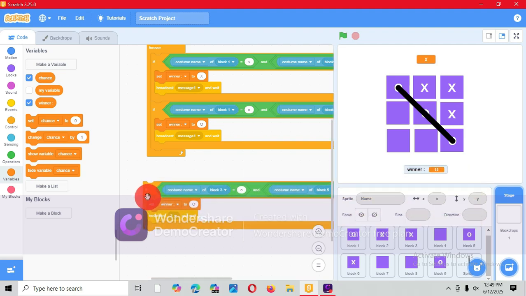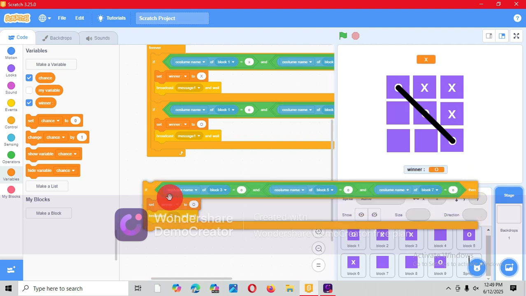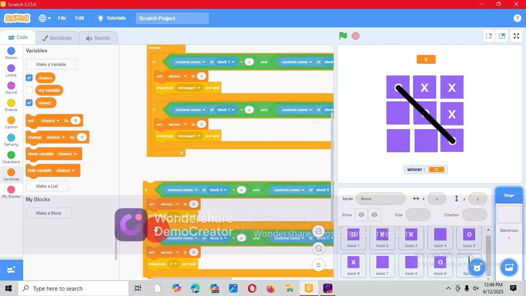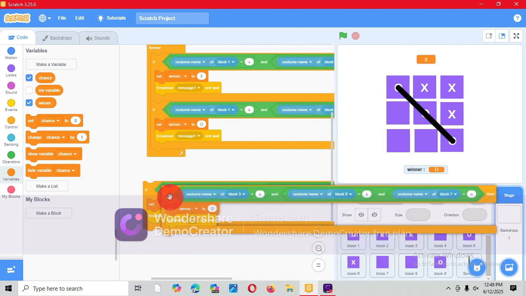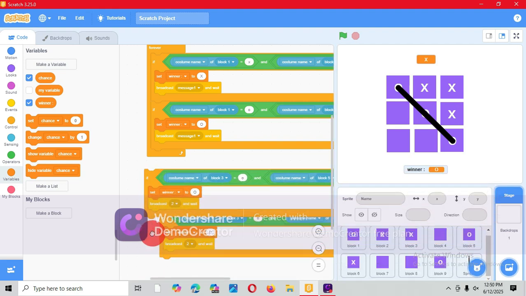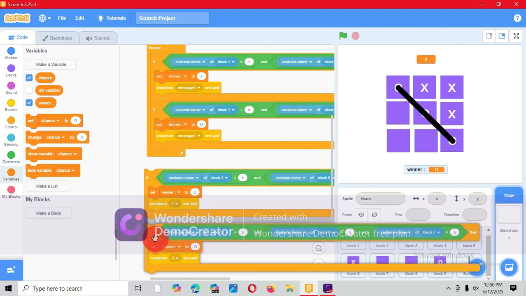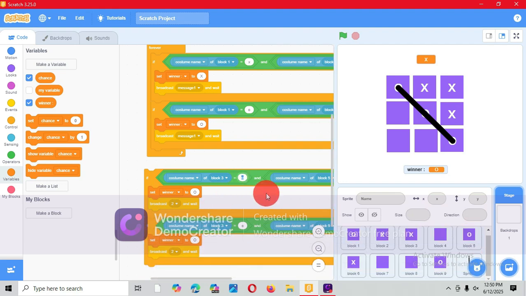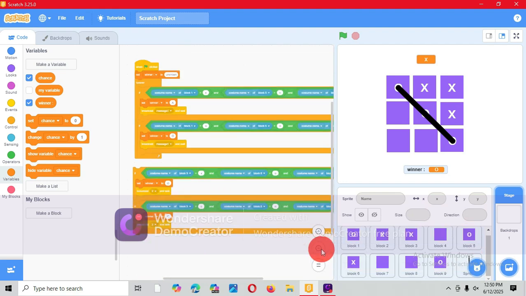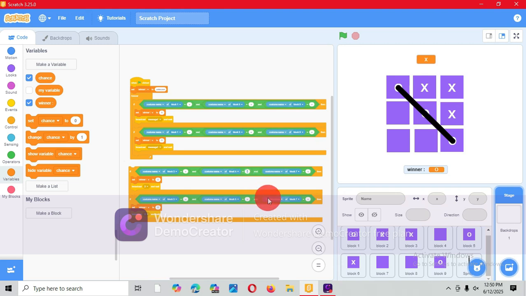So because it's O, right, we'll just make it for X also. We'll just duplicate this thing right here and take it like this, so we are not confused. It's like XO. Okay, so we just change it to X. I'll just do it like that, so that then X and X. So it should come right here,